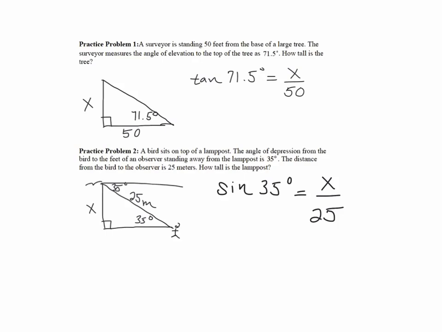Okay, so that is how you set up practice problem 1 and practice problem 2. Any questions about either of those? The picture or why we chose tangent for practice problem 1 or sine for practice problem 2? Okay, now you get into the step 3 where you solve for the missing quantity. And my recommendation is always to just solve the resulting proportion by placing your trig function over 1. Again, this is for when we actually already know the angle measures. If we don't know the angle measures,